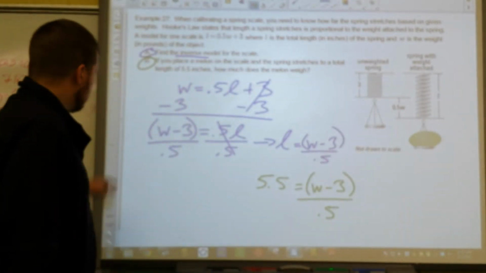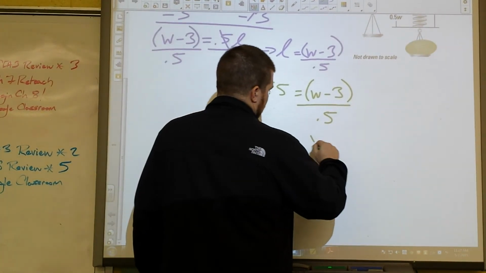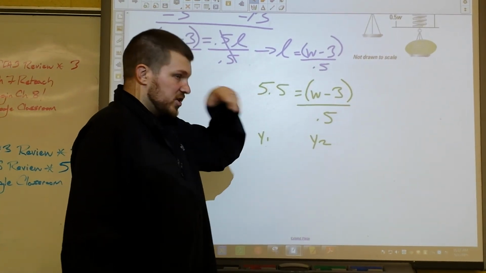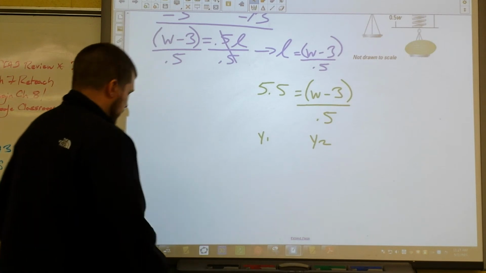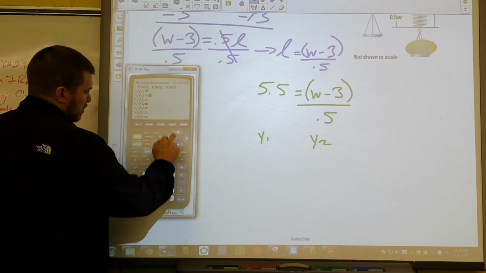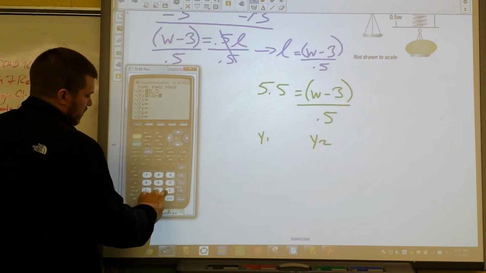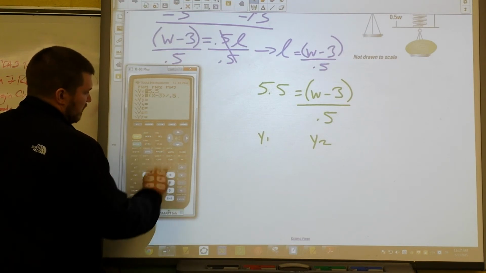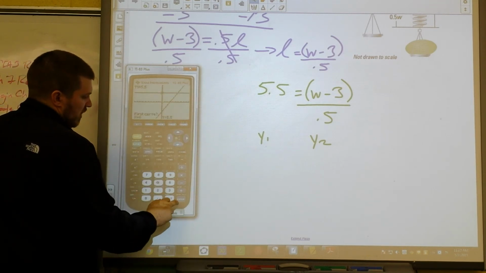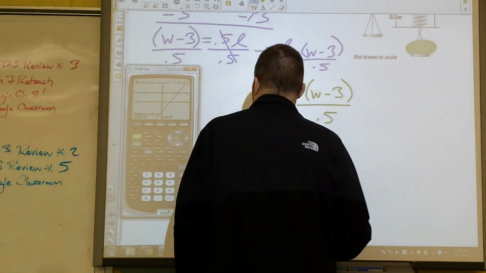And now what we can do is either graph or solve by hand. I'm going to graph it. Okay. And again, when we graph, since we only have one variable, instead of W, I'm going to pretend X. So go to Y1 and Y2, clear out anything that's there. Y1, I have 5.5. Y2, I have X minus 3, it has to be in parentheses, divided by 0.5. Graph it. Oh, I already see my point of intersection, so second calc, option 5. First curve enter, second curve enter, yes. And I get that X, or in this case, W